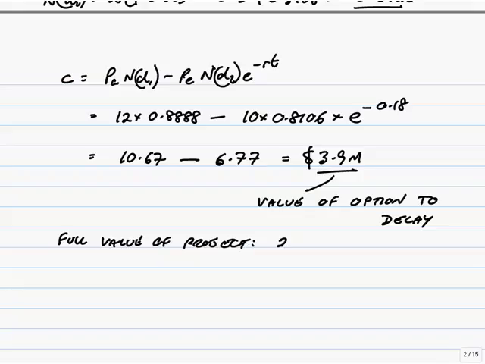So the project was worth 2 million anyway. The option to delay makes it more beneficial, here an extra 3.92 million, it gives a full value of 5.92. So there's the value of the project, and it's that of course we could compare